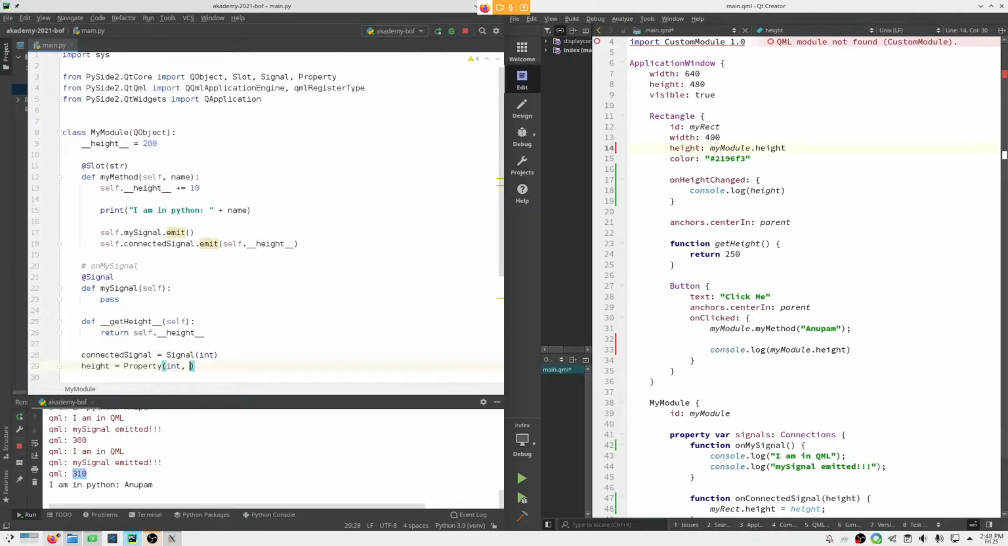And the second parameter of the property constructor should be a reference to the getter method. The getter method doesn't need to be a slot because we are not calling this function directly from QML. This should be it. This should expose this height property, and if everything goes right, we will be able to read the property value like this, my module dot height,